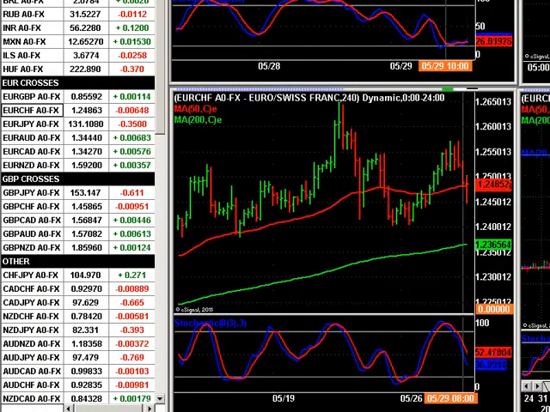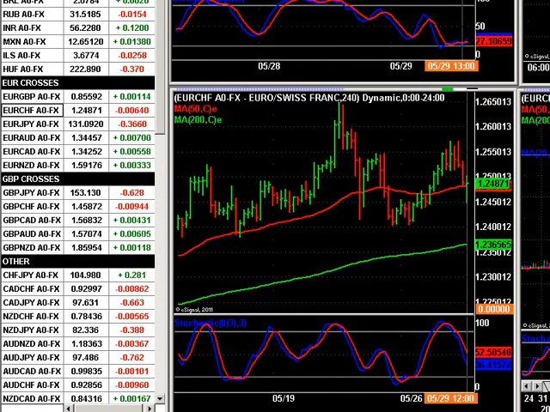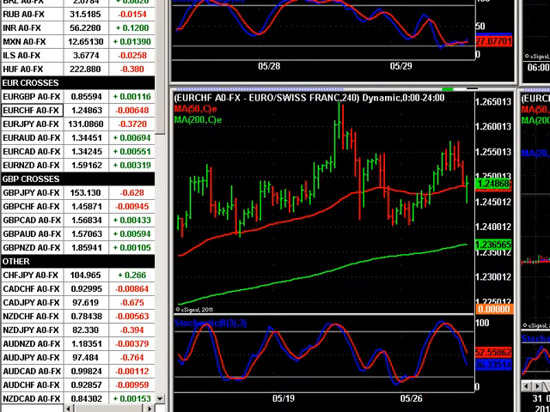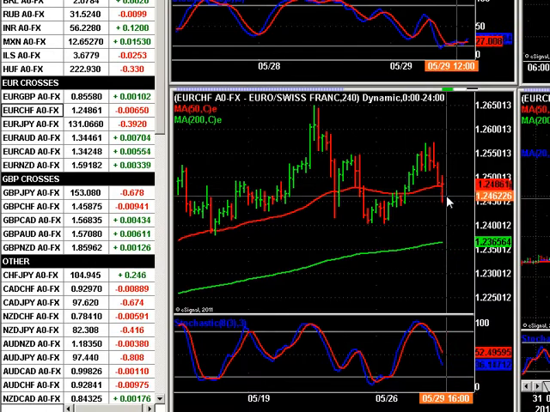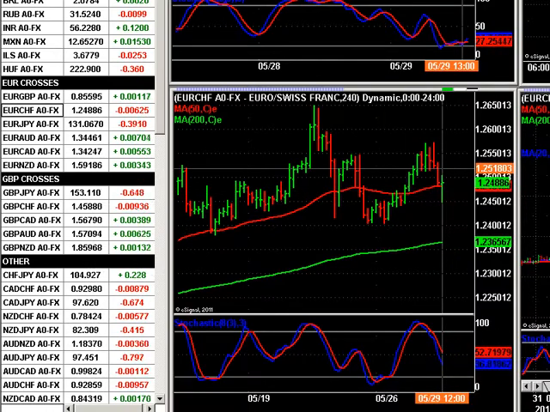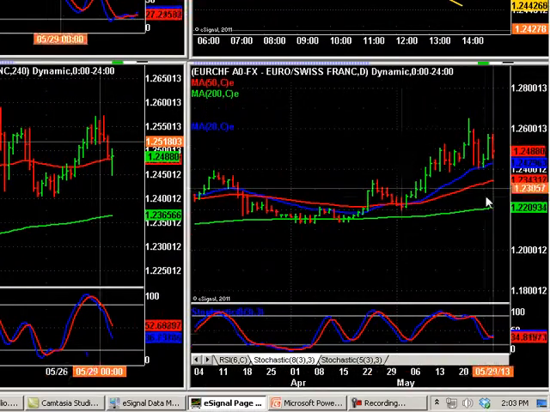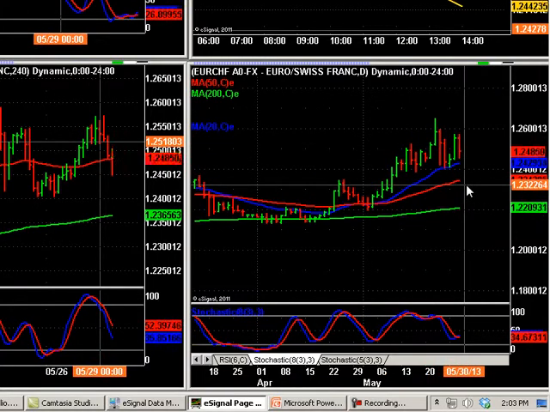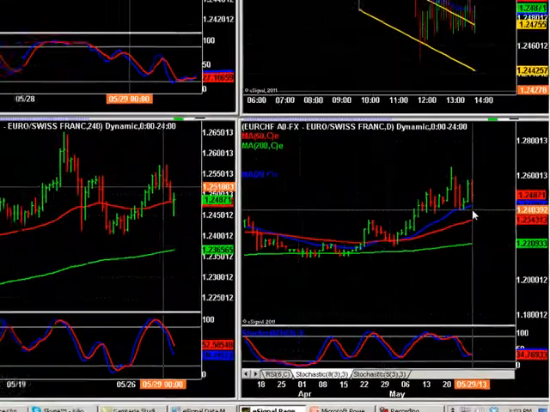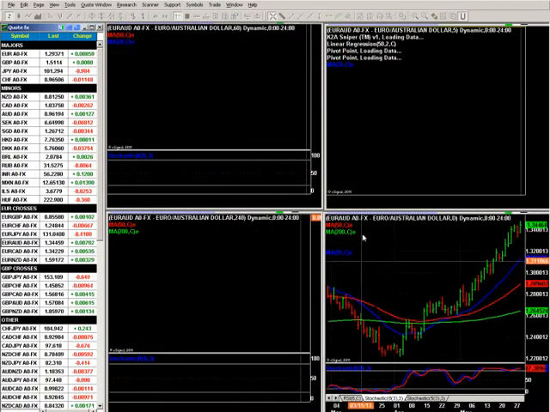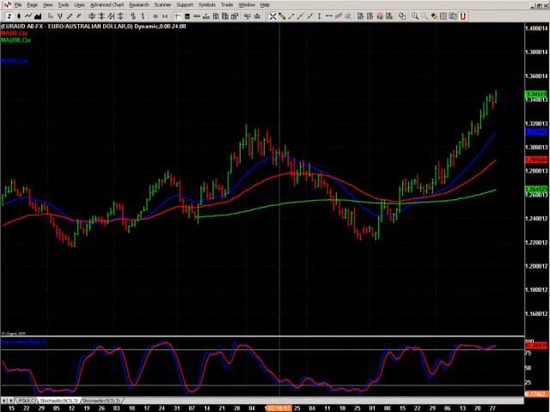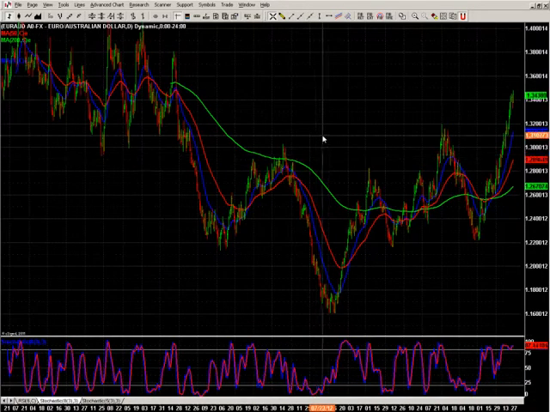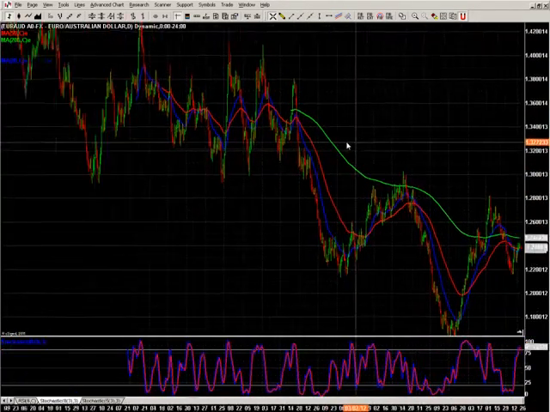Euro Swiss, like here, it is bouncing nicely, but it has to be all in agreement, all below the 50 moving average, which here is above and below, because it's above and below the 50 moving average. That's why it's red and green there. And if it goes down a bit more, it's going to be below the 50 moving average on the daily chart as well. Euro Aussie, it's been rising due to the move on the Australian dollar. Nothing there now.